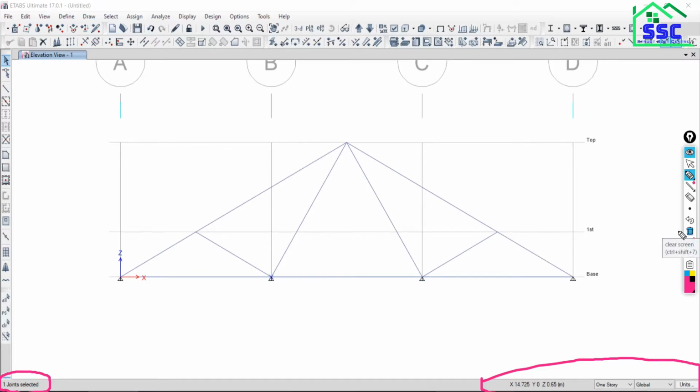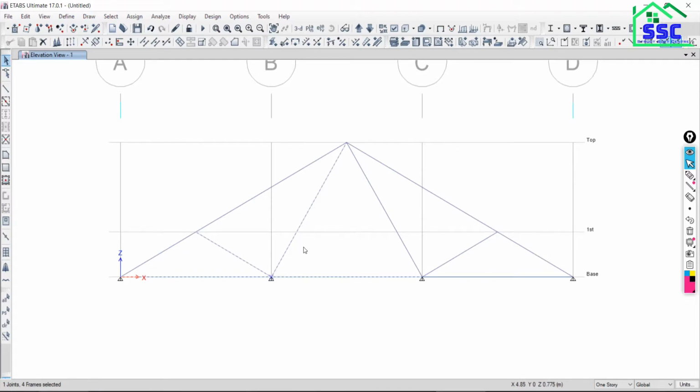Got it? So here you need to focus on the left side. One joint is selected. Okay. Now see, if I am dragging from right to left, all the elements coming completely inside your box will be selected first, and all the members which are cut by this box will be selected also. Got it? So see, I am just dragging from right to left. Can you tell me what the selections are there?